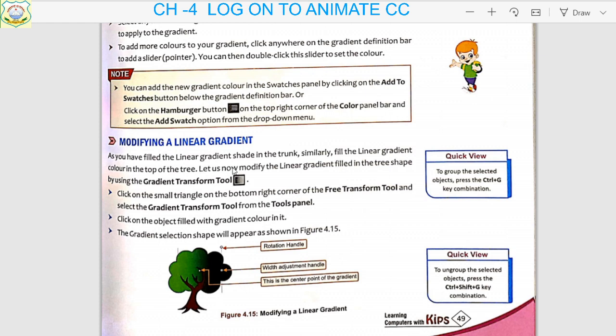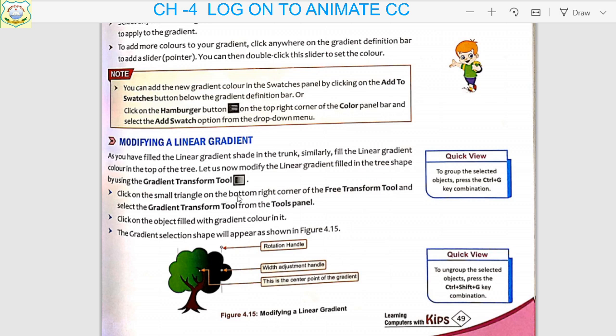Use the gradient transform tool. Click on the small triangle on the bottom right corner of the free transform tool.